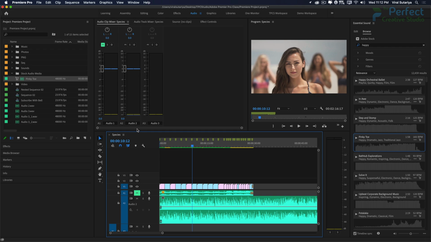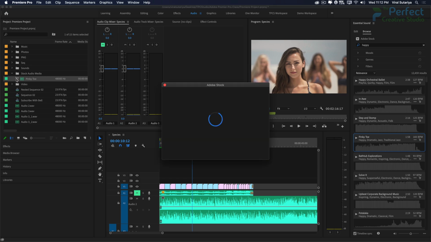Once you are satisfied with the audio tracks, you can go ahead and license them. Licensed audio files are uncompressed WAV format files with a high quality sample rate. So after you are satisfied with the audio tracks, just click here on the little shopping cart icon to license it. You can also do it from here, it is also a shopping cart icon here.